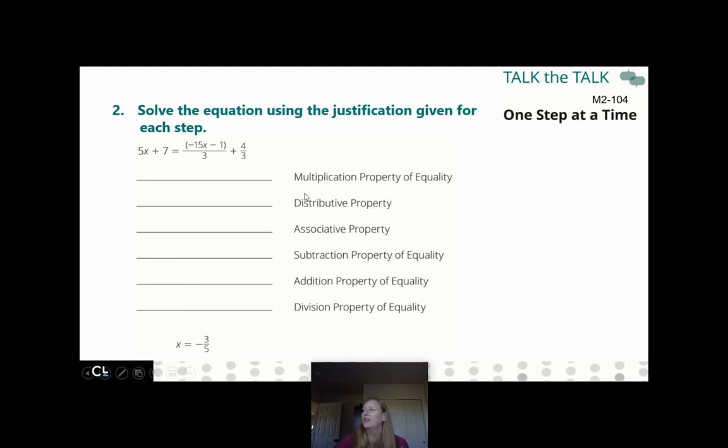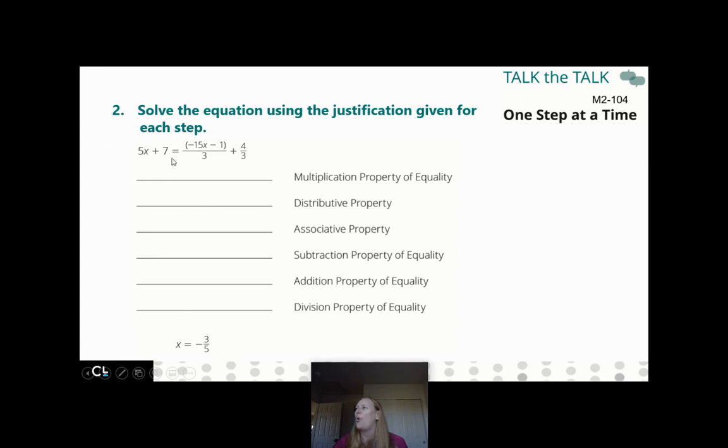So the first step is the multiplication property of equality. Why the multiplication property of equality? Well, because I noticed I don't like fractions. I don't like fractions. And there is this stuff being divided by 3, and I don't like that. So we're going to go ahead and multiply both sides by 3 for the multiplication property of